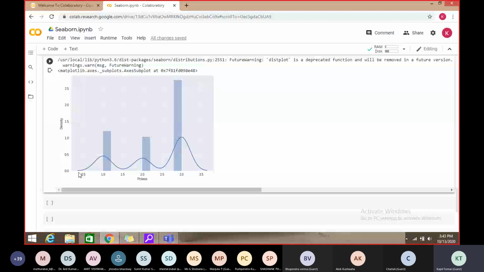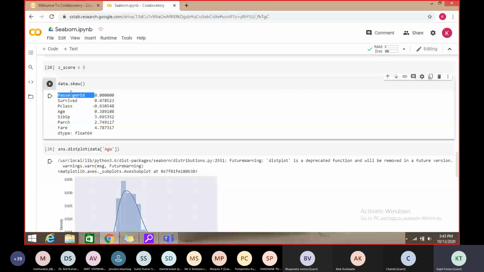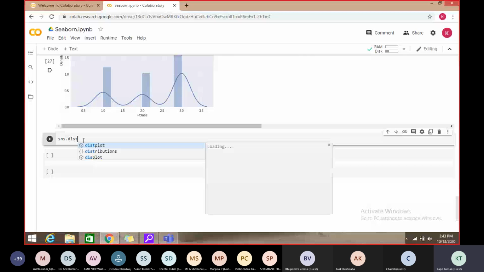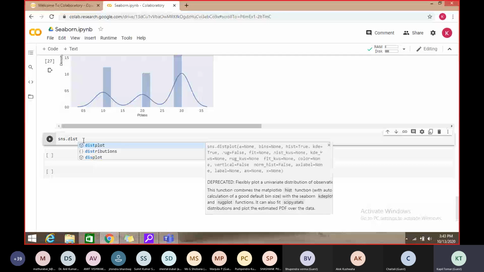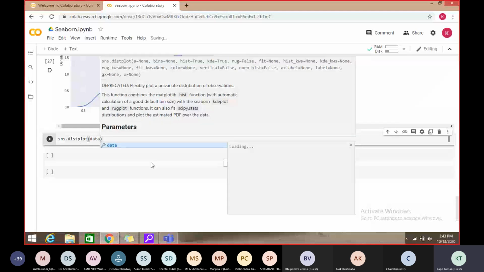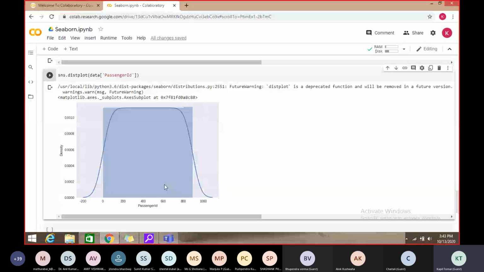We can just check one more, the one whose value was 0. This is passenger ID. So we can copy this so that there is no mistake in the column name, sns, then again displot, and in that we will call it. See, it is symmetrical, right?